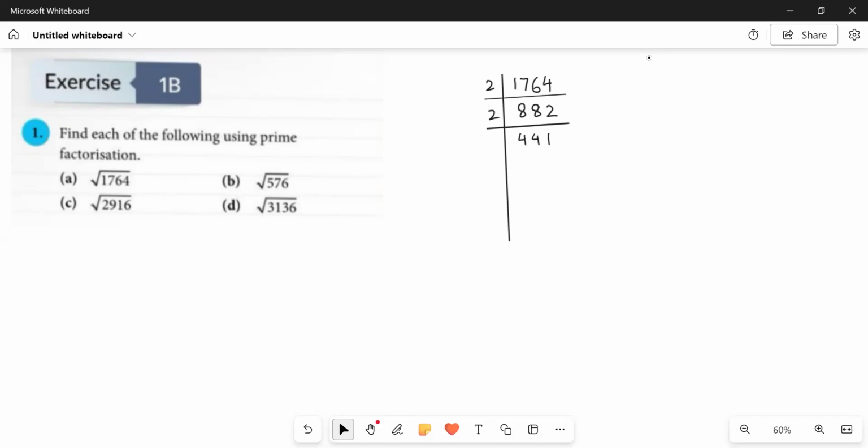Okay, students. So we'll move to the next prime number, that is 3. And the divisibility rule of 3 says that just add up all the digits and find out if the sum of the digits is divisible by 3 or not. If the sum of the given digits of a number are divisible by 3, then the number itself is also divisible by 3. So if we look for 4 plus 4 plus 1, it gives us a 9, which is divisible by 3. Hence, this number is also divisible by 3.